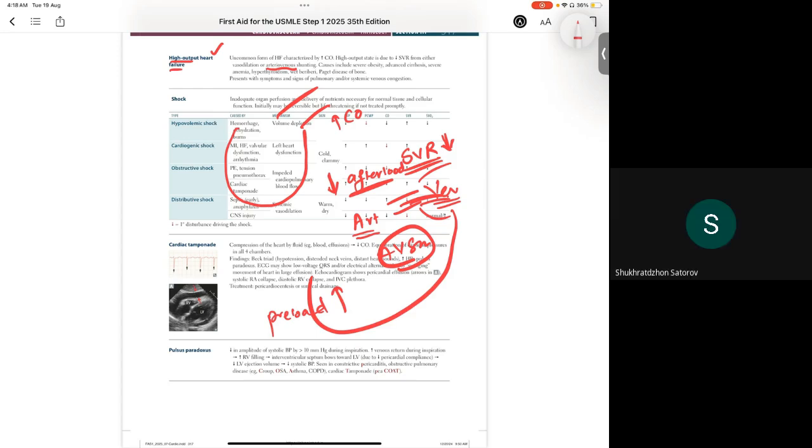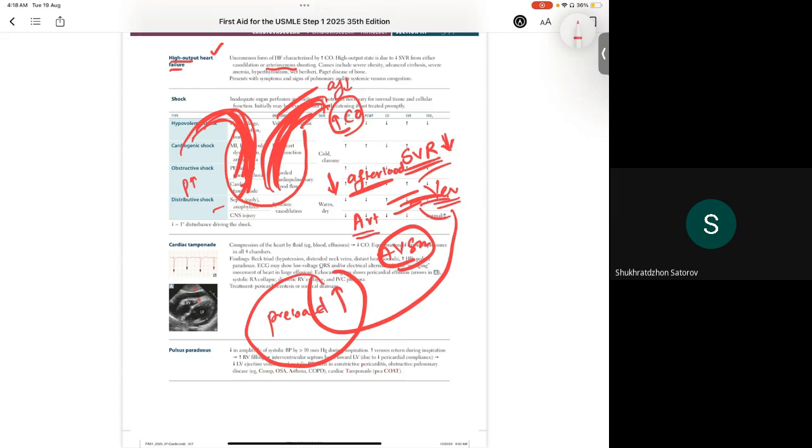Is it like elevated diastolic pressure in the left ventricle? Yes, we can say that, right? A lot of blood is coming in and a lot of it is going out. Because the afterload is decreased, cardiac output will increase, and the preload is increased, right? So it's a high output. And as the heart is dealing with a lot of blood entering, a lot of blood moving out, it's going to lead to heart failure in the end,